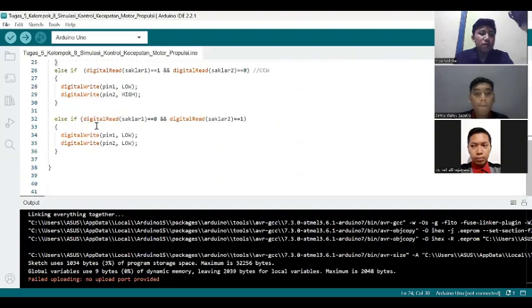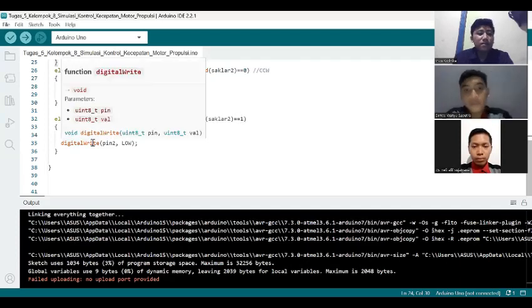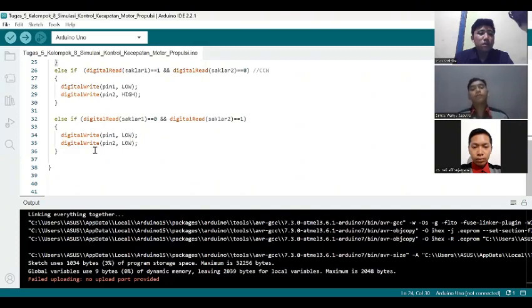And then else if digital read saklar 1 is 0 or low and digital read saklar 2 is 1 or high, then digital write pin 1 is low, digital write pin 2 is low.